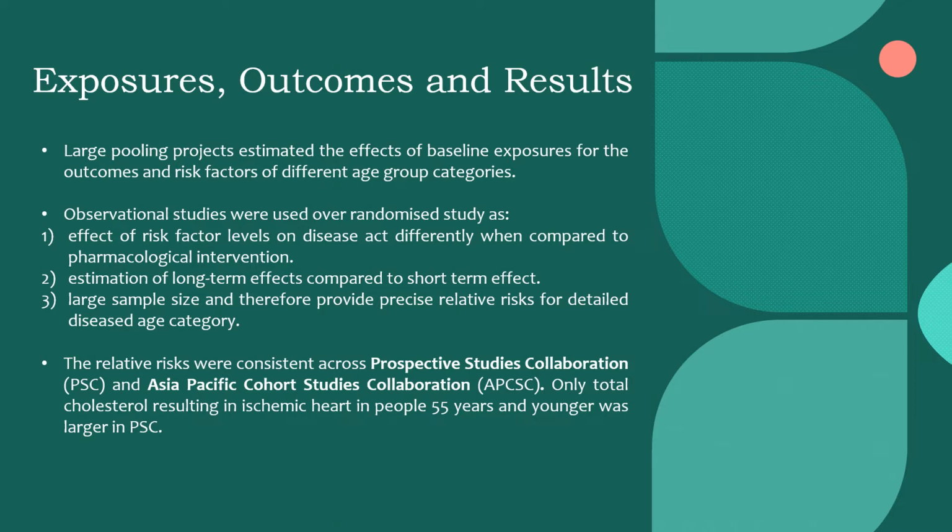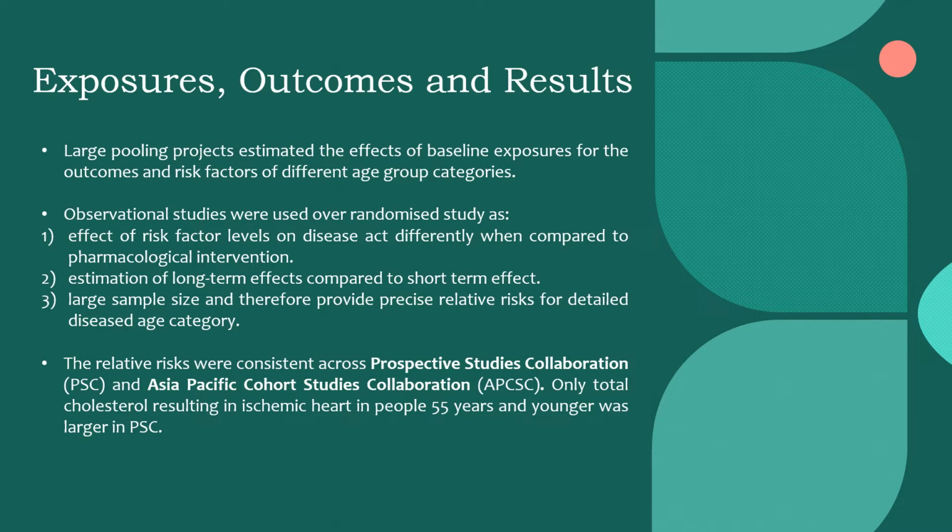Second, they estimate the long-term effects, sometimes over years or even decades, of exposure to risk factors as opposed to the effect of short-term changes due to treatment in randomized trials. And lastly, they generally have larger sample sizes and can provide more precise relative risk for more detailed age groups and disease categories. However,